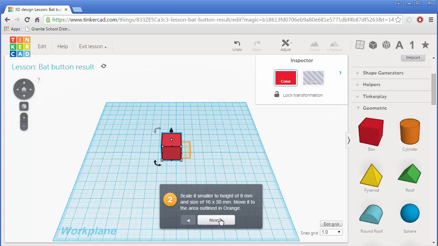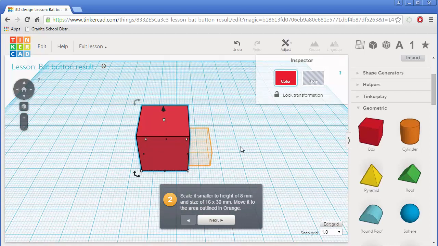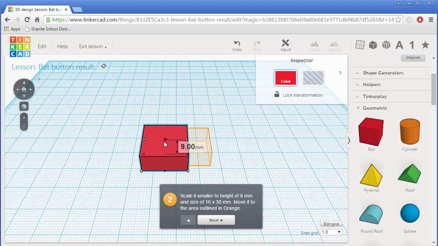And it says scale it smaller to a height of 8 millimeters and a size of 16 by 30 millimeters. Move it to the area outlined in orange. So I'm just going to move in a little bit here so we can see this better. And so we're going to drop this down to 8 millimeters, and then we're going to go to 16 by